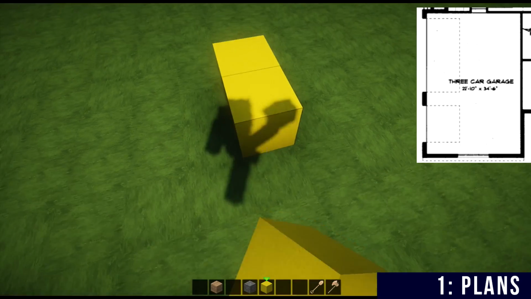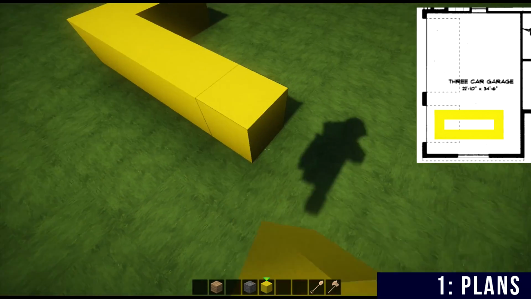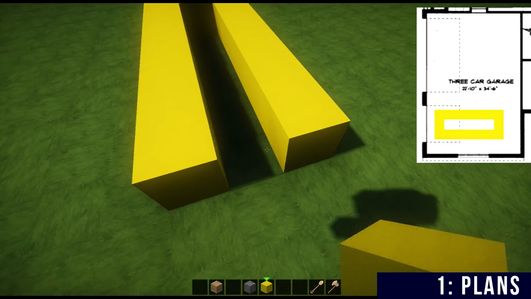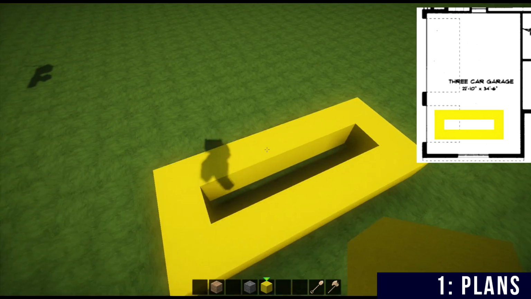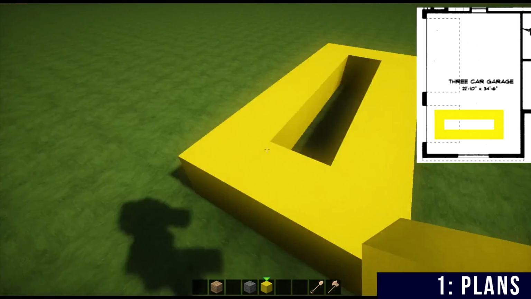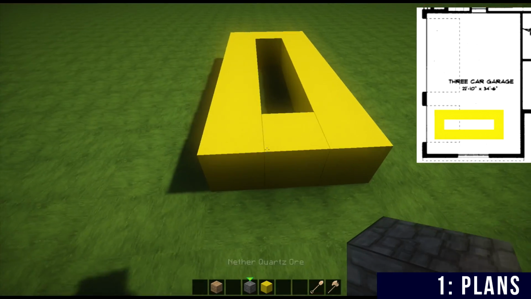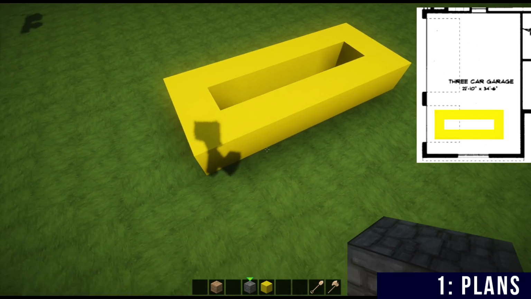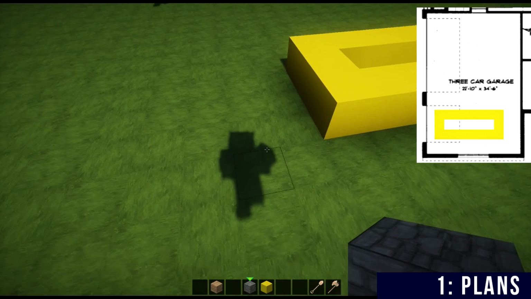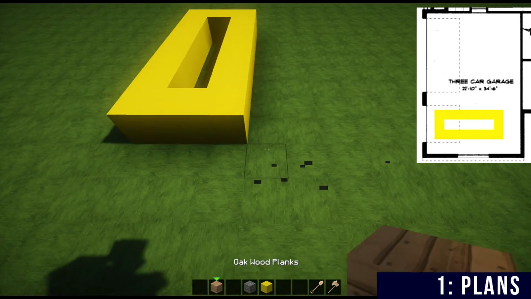Now, cars are generally in Minecraft 3 by 7. 1, 2, 3, 4, 5, 6, 7. Of course, some cars are bigger and you get all sorts of vehicles in Minecraft, but the general family size car in Minecraft, a lot of people will agree, is 3 by 7 roughly. And I think 3 by 7 is a nice size for a car in Minecraft. So if we take that as the size of the car, we can pretty much base the rest of the house on that size. So what I want to do is decide where my garage wall is going to be,